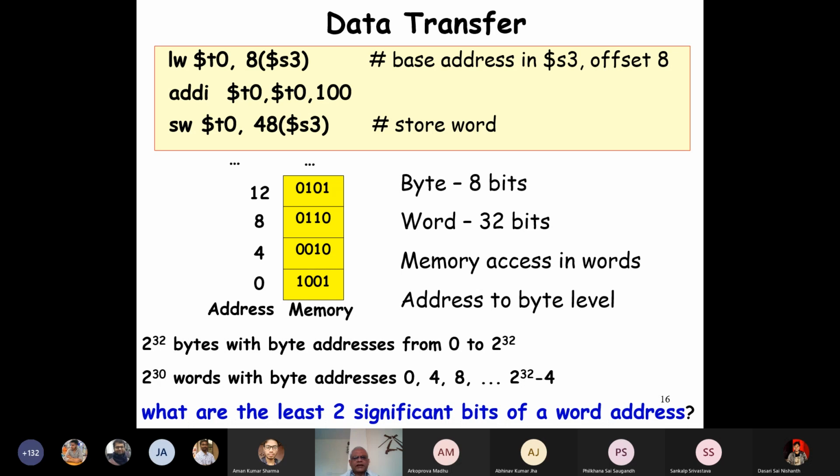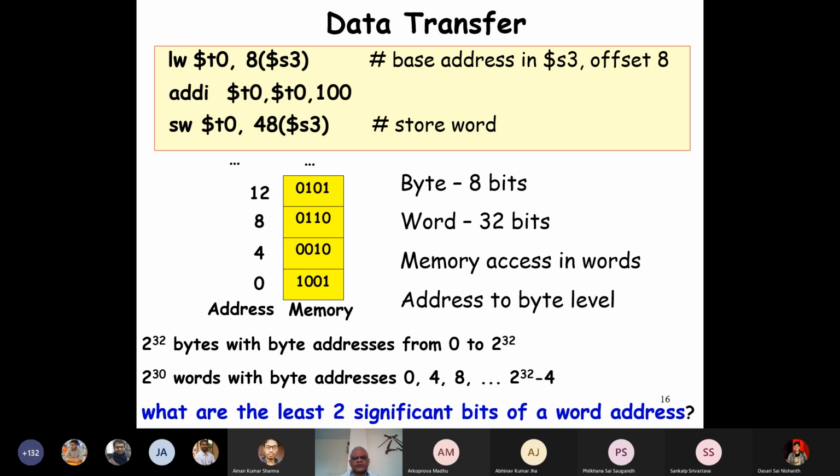If we write address 0, maybe it is storing 1001. And address 4 is a valid address. Address 3, 2, etc. are not valid addresses, because we have to give the lowest of these 4 bytes. 0 is a valid address, 4 is a valid address, 8 is a valid address, and 12 is a valid address.